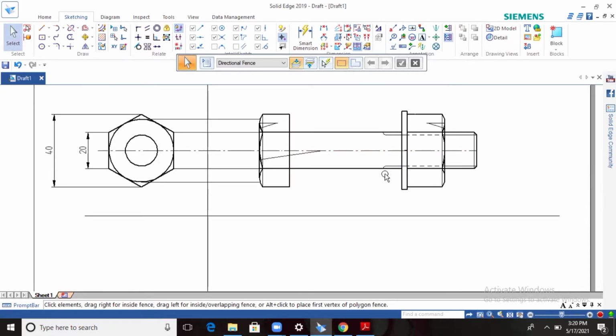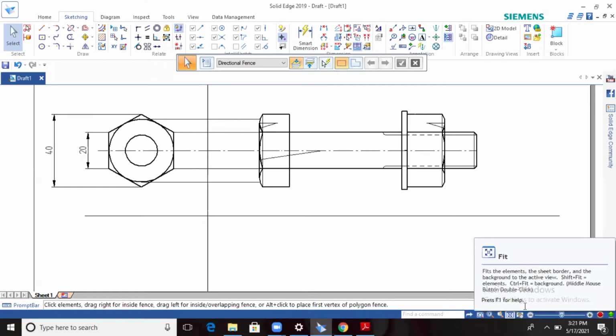Any doubts in the front view and side view? See, what is the time? Look at this one. Maximum it will be 15 to 20 minutes. Otherwise, if you practice well, you can complete it in 15 to 20 minutes. For explaining it will take half an hour, but 15 to 20 minutes you can finish this one.